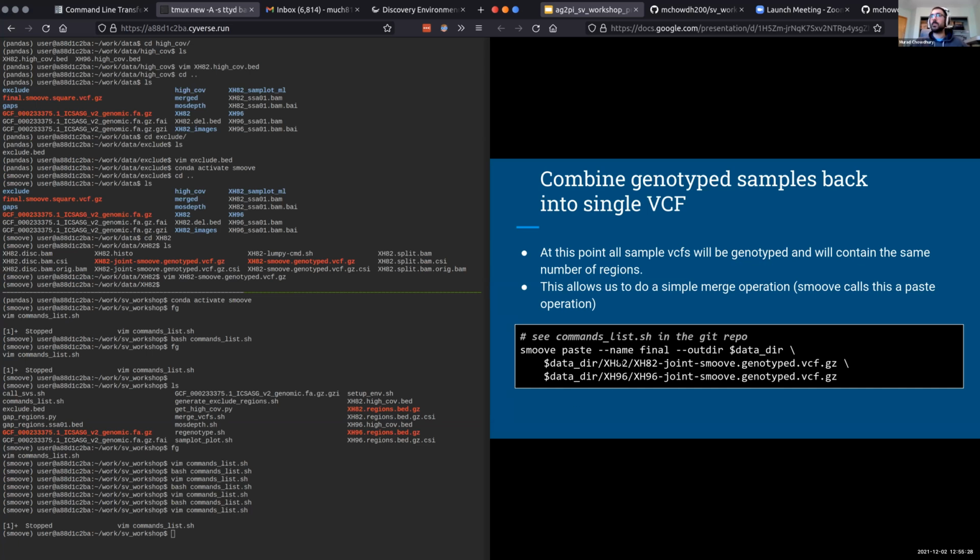And so the command is very similar to the smooth merge step, where you just provide it with your prefix name, your output directory, and the list of VCFs. And so in this particular case, I just made a name of final just so we can make a distinction between our merged VCF. So